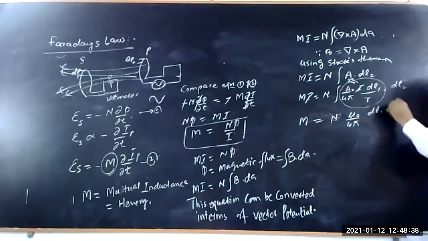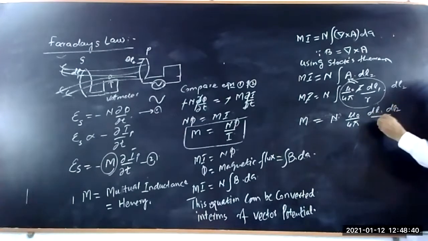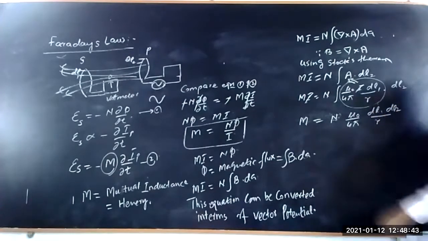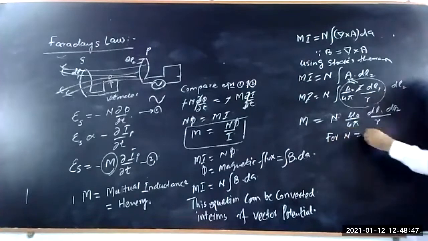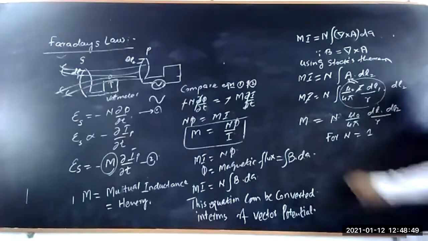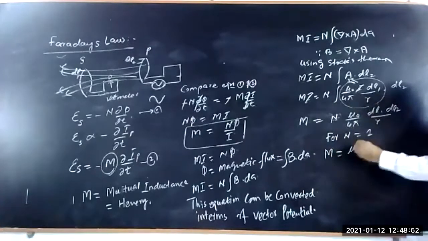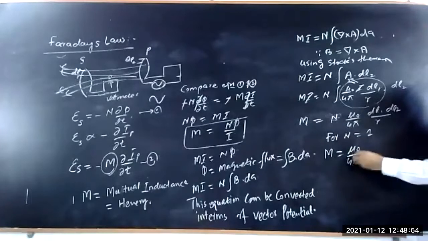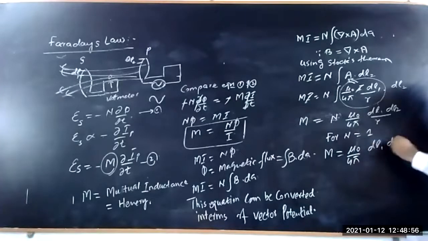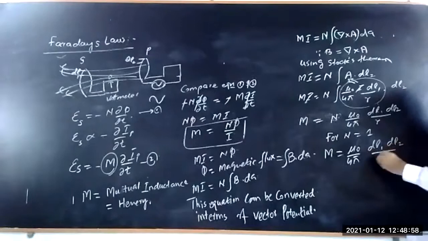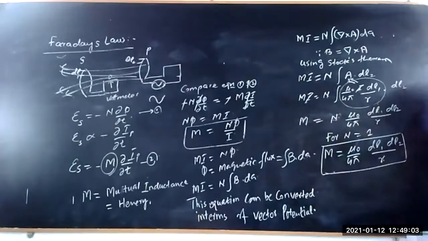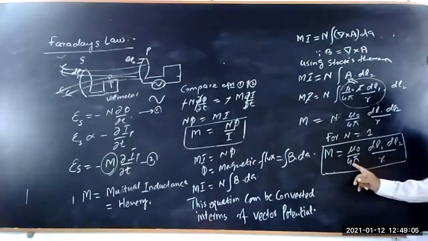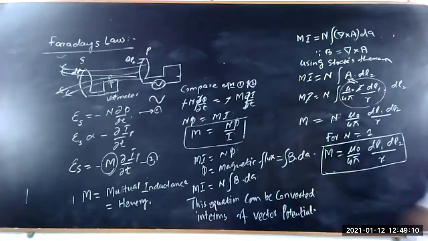dl1 dl2 upon r. So here for N is equal to 1, if we have one turn, then the mutual inductance M is equal to mu naught over 4 pi dl1 dl2 upon r. This equation shows that the mutual inductance depends upon the geometry of the